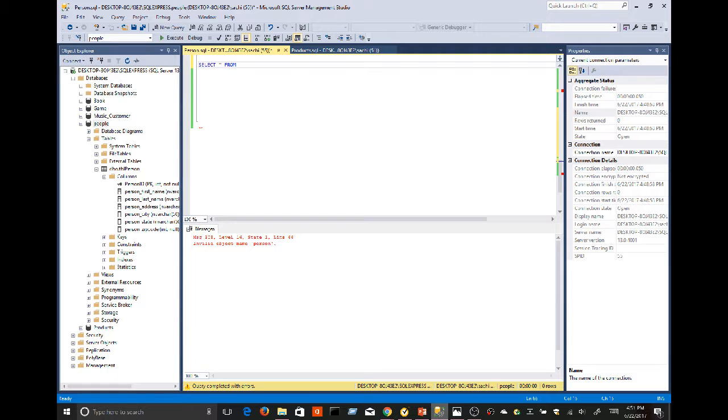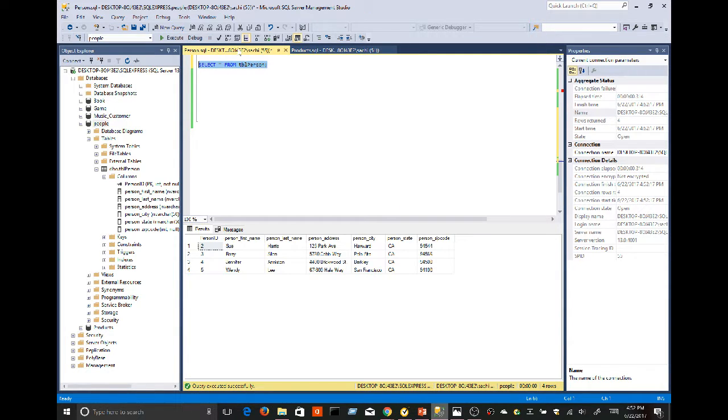Select asterisk is a wildcard, so you pull up all the records in the table. So select asterisk from tbo person. Don't forget the semicolon at the end. Then you would highlight it, press execute, and that will bring up all the columns in the table along with